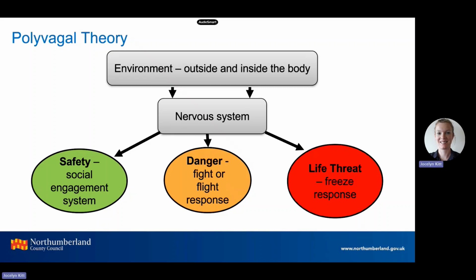Polyvagal theory describes the response that our brain and nervous system has to the environment. We receive information from the environment, both inside and outside of our bodies, which is then transferred to our nervous system. Our nervous system then decides how to respond based on the information it receives. If it perceives safety, it will remain in the social engagement system, which we're going to talk about on the next slide. If it perceives danger or a threat to life, it will activate our instinctual brain and go into a fight or flight response,